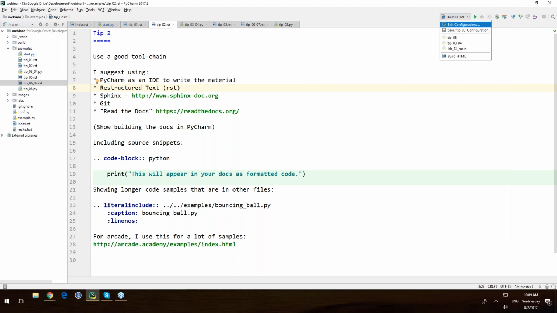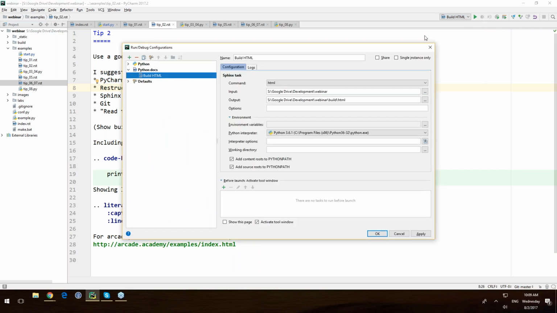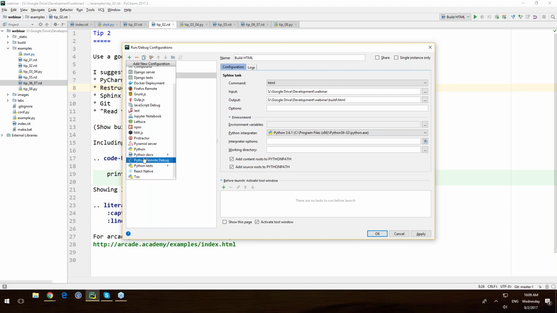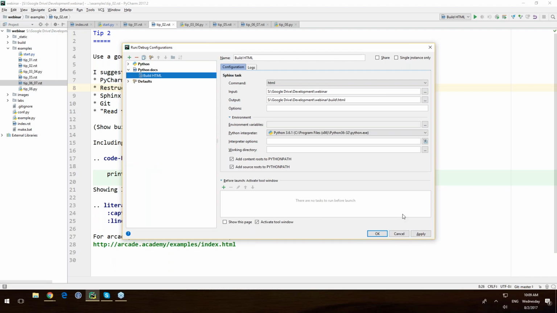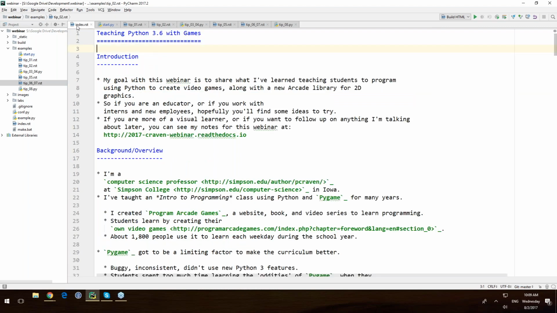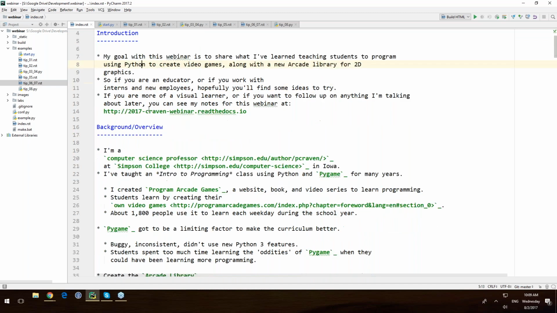But the cool thing is you can go into PyCharm and also do builds, not just for Python programs. If you create new builds, like you hit the plus button over here, there's a whole section for creating Sphinx tasks and docutils as well. I use Sphinx out of this, and then I can create my documentation. Like the documentation I created for this presentation is all done in restructured text. So if you want a headline, you just double underline it. You don't have to worry about unbalanced HTML tags. A headline 2 is just single underline. Bulleted lists are pretty straightforward.